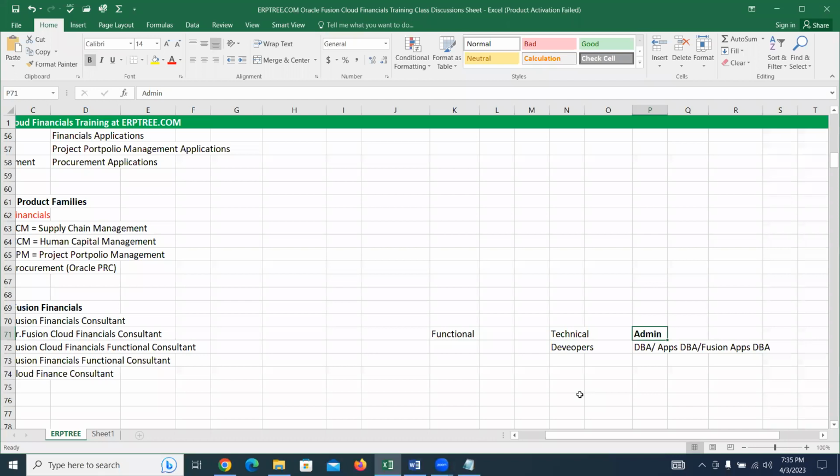Admin is the one who install these applications and will take care of the maintenance of the applications. We call them as a DBA or apps DBA, applications DBA, or Fusion apps DBA if it is a Fusion, or administrator. Okay, these are the different names we use. Their job is very routine. They install the application, they look after the maintenance of all.